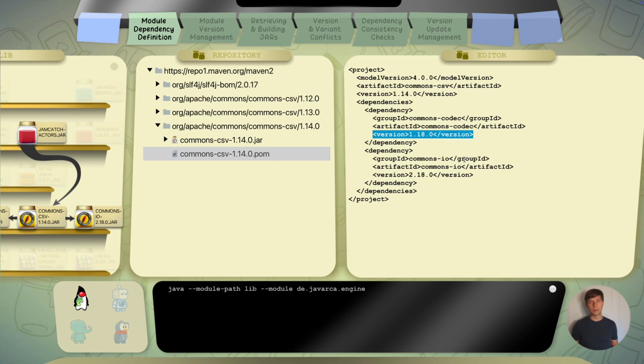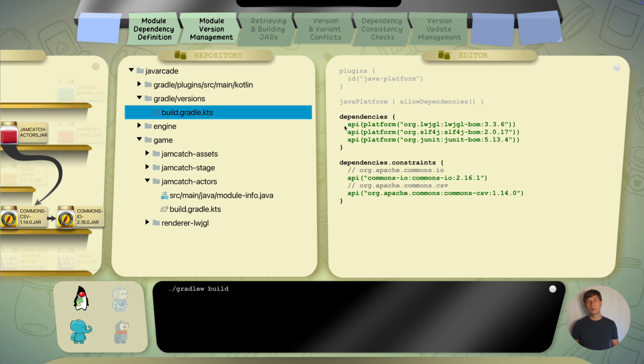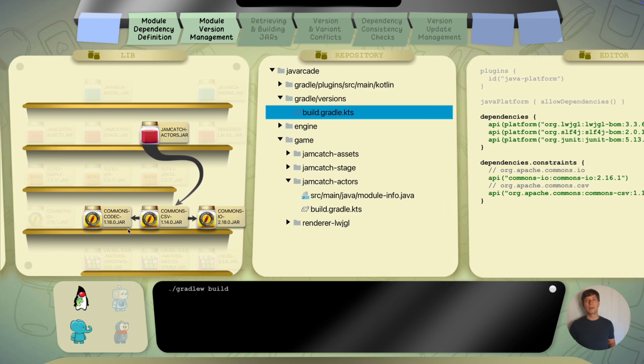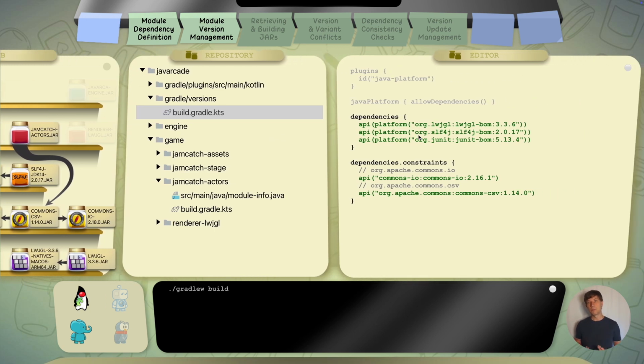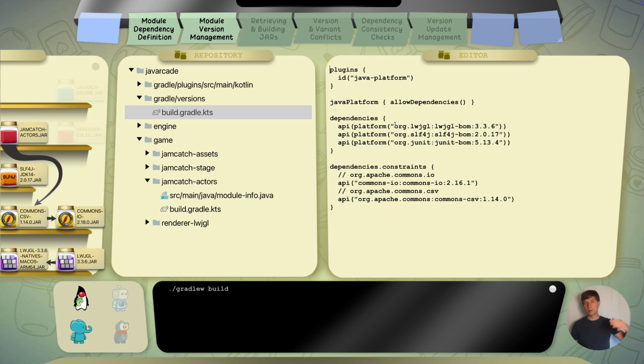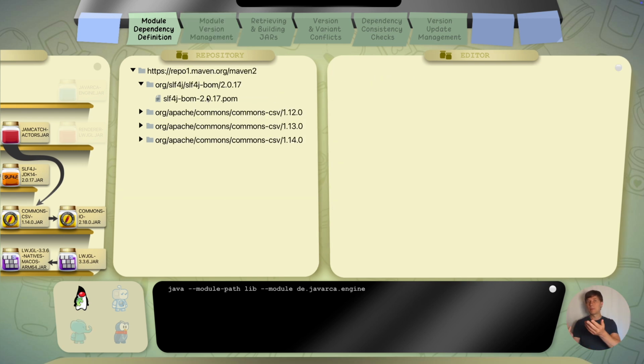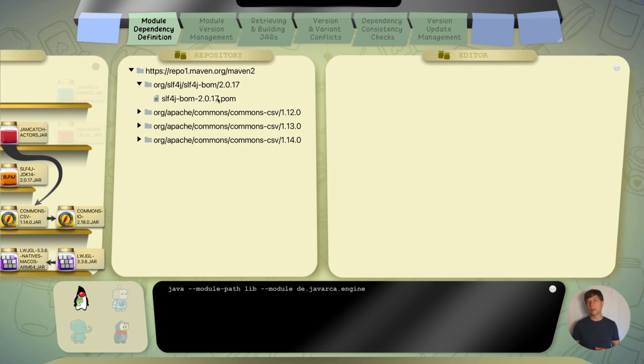Then sometimes you want to define a version for multiple modules that are part of the same libraries and all have the same version. In our example, this is the case for LWJGL and for SLF4J. Often such libraries offer a published BOM themselves. Published BOM means the information I put into a file like this one is published to the repository as well.